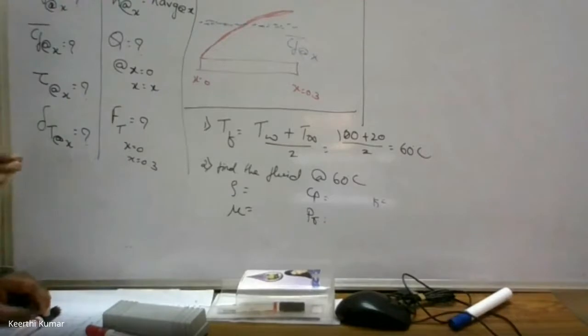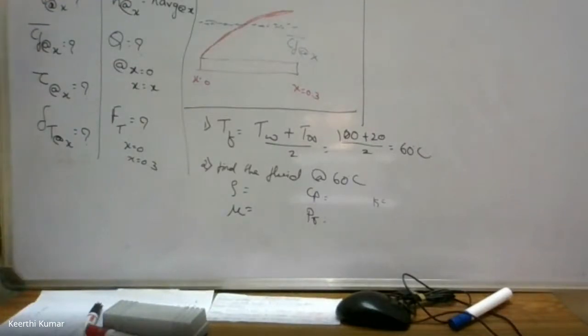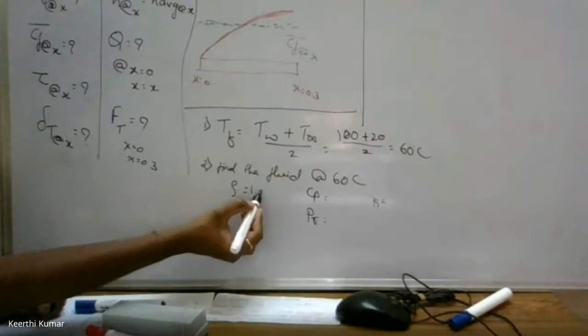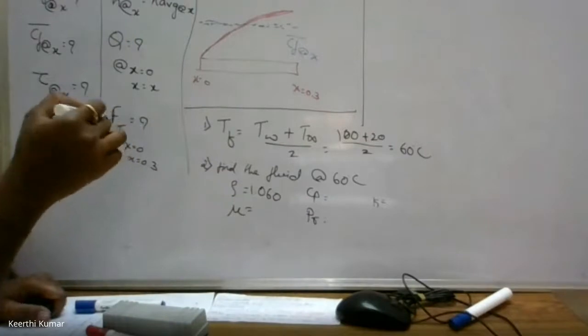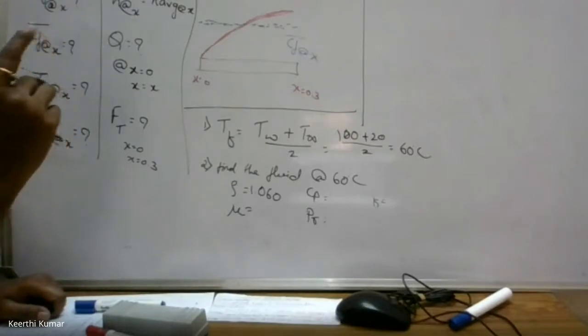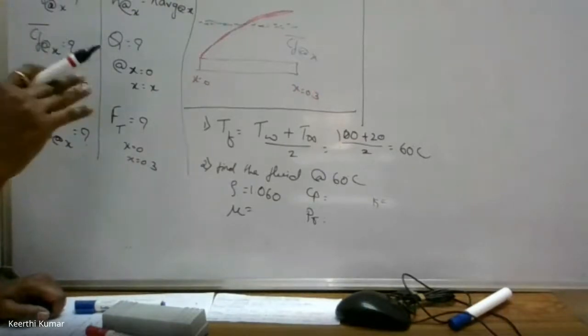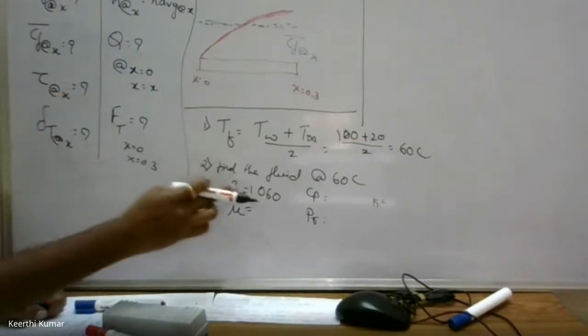So let us take the values of rho, viscosity, specific heat, Prandtl number, and thermal conductivity at the film temperature. The film temperature is 60 degrees centigrade, so please take the values at 60 degrees centigrade. Shall I write the values, or will you check them out later? Meanwhile, please check from the data. Remember, this should be for the given fluid. In the first few problems I solve, the fluid is air. Later on I will go with steam, or some other fluid like nitrogen oxide, or engine oil flowing over the surface. Depending upon that, you should take the properties.